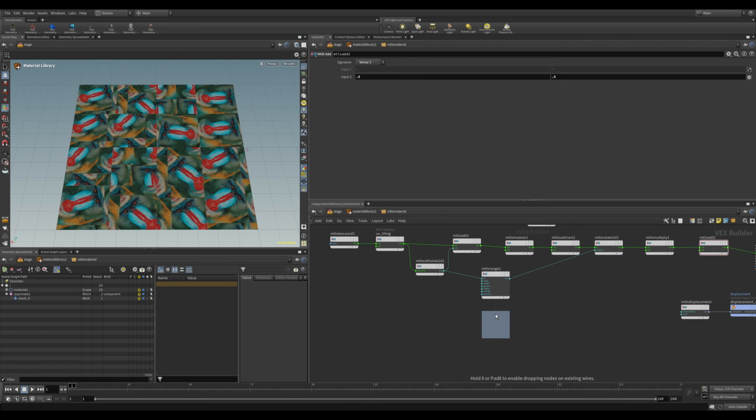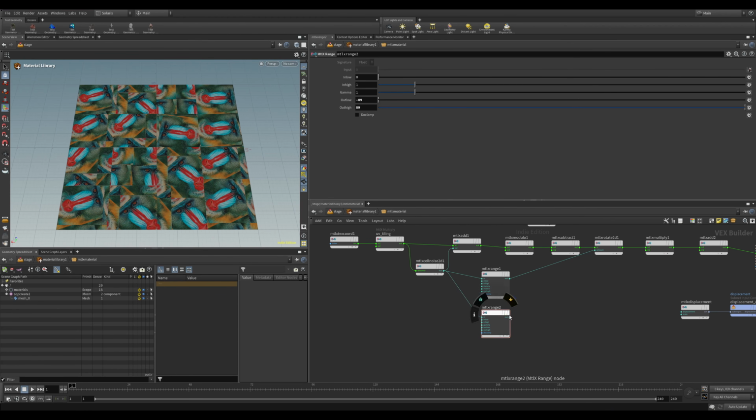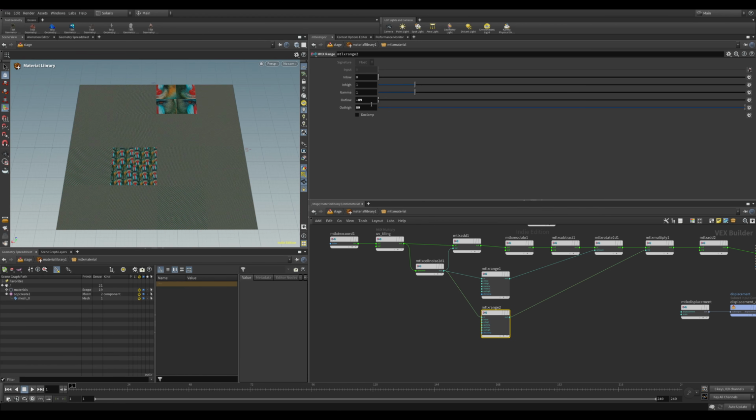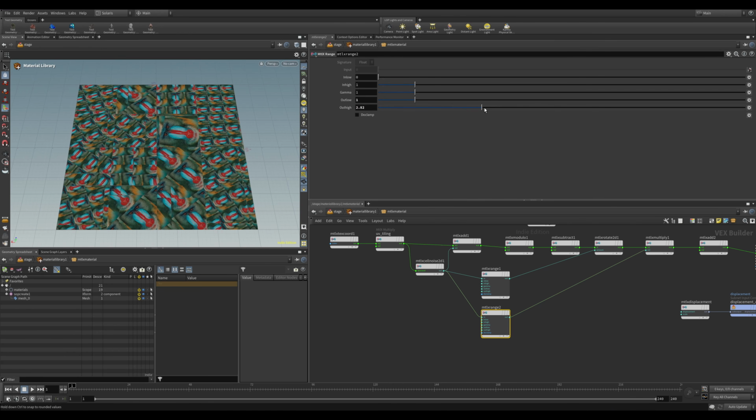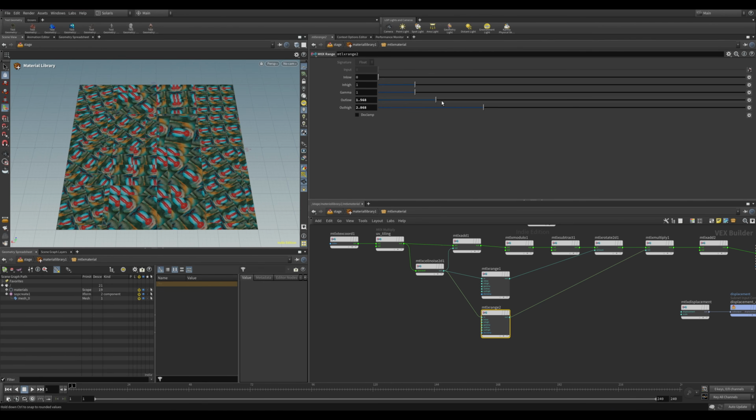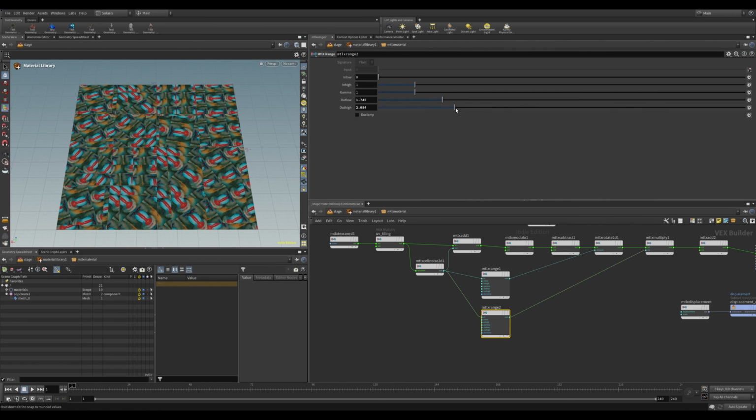And we'll duplicate this range node and connect it to the second input of the multiply. Of course, our values are kind of strange right now. So we'll go from an out low of 1 to an out high of 2. Maybe let's just change the values a little bit further. All right, let's say about there. So now we have random rotations and random scale taken care of.